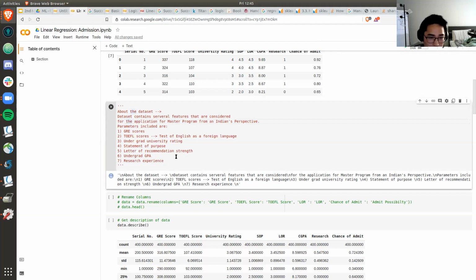Our task is to output a value or the probability that a college student from India will get into a master's program in the US. There's a few parameters included here, but always read the data and try to understand the data as much as possible, and that's what we'll be doing in this workshop. But continue, Woodrow.